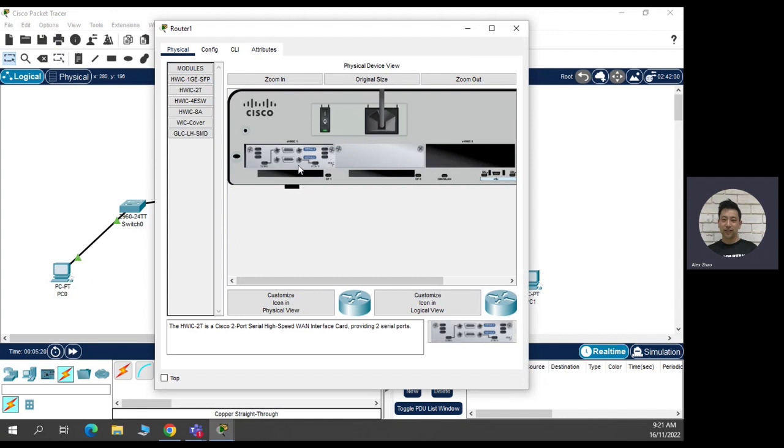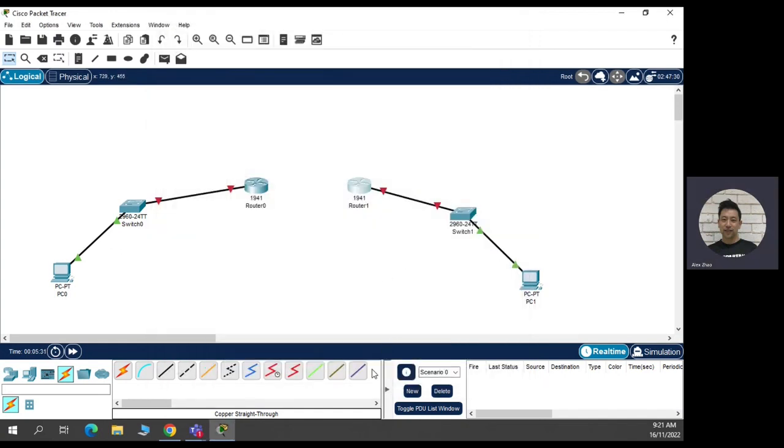So these HWICs are basically expansion cards, if you like, in the computer. Routers are just computers. You're just adding different types of network cards here. Okay. So once we have that, between the routers we need to use this serial